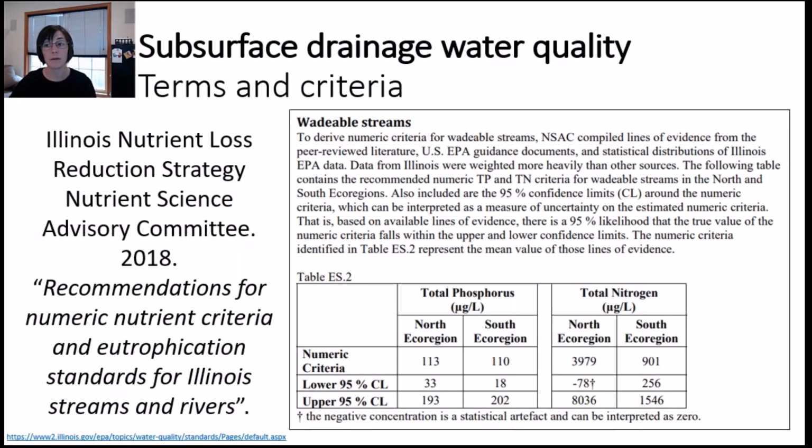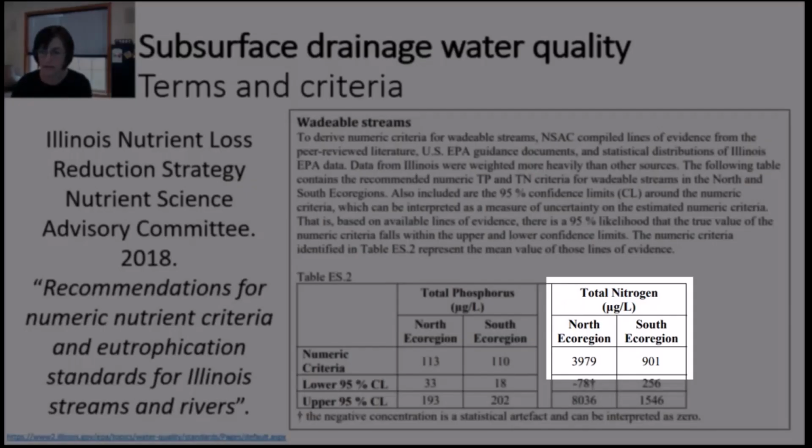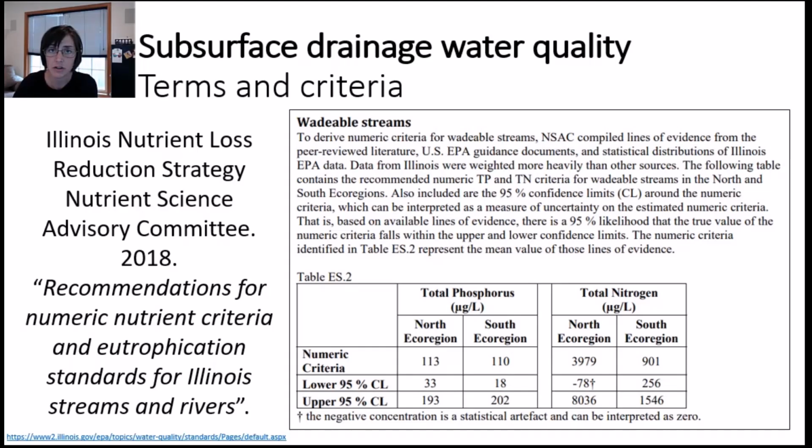I want to put this in context of something we talked about before. Our very own Illinois nutrient loss reduction strategy recommended nutrient criteria for the state of Illinois. It's not a direct apples to apples comparison because the graph I just showed you was nitrate nitrogen concentrations, and the recommended criteria I'm showing here are total nitrogen concentrations, so those are different forms of nitrogen. But nevertheless, this recommended criterion is much lower than the average rule of thumb drainage concentration we generally see here in North America, with the mean and median both definitely above 10 milligrams nitrate nitrogen per liter based on that last graph.